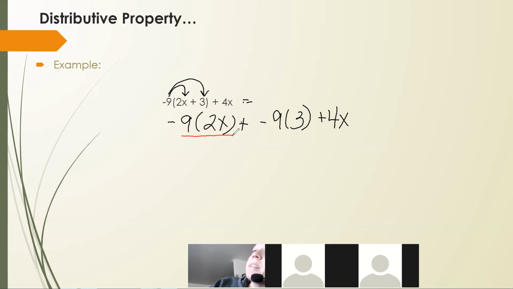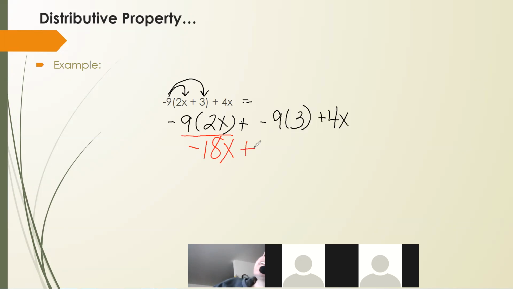It's the same as negative 9 times 2, add an x on. Emma, Vlad, Addie, Ava, Nathan, anybody? What's negative 9 times 2? Negative 18. Yeah, very good. So we have negative 18x